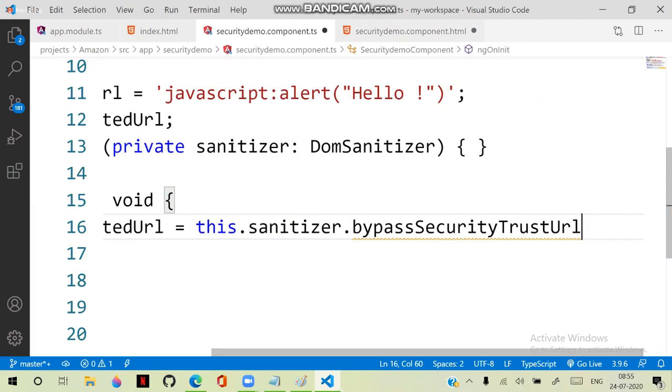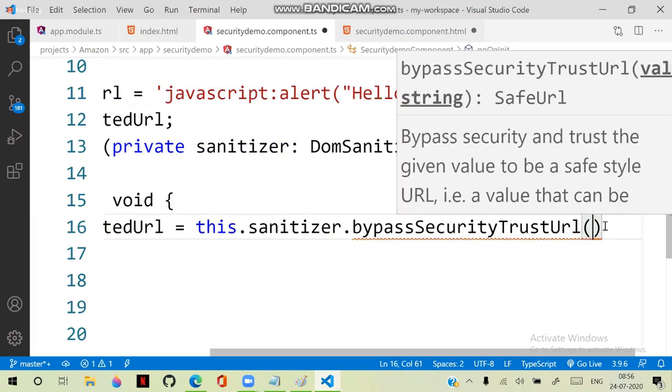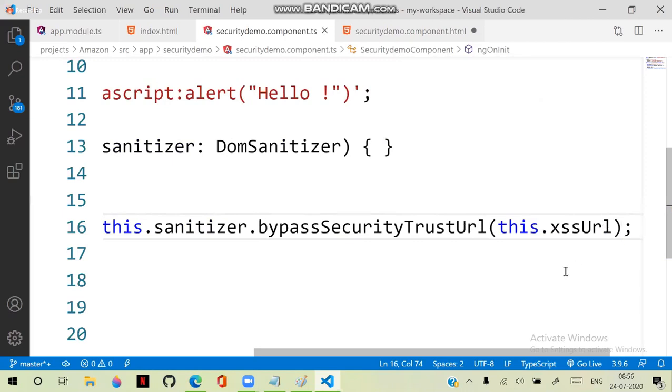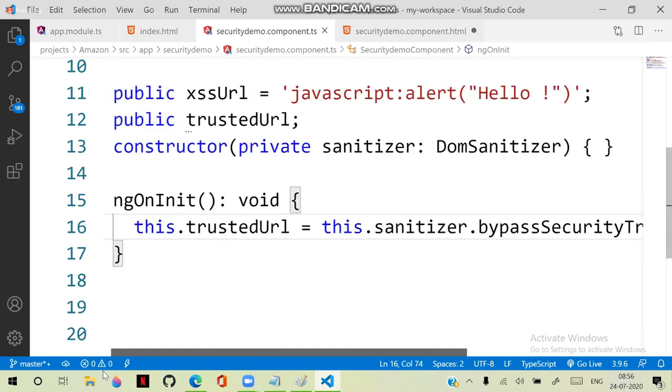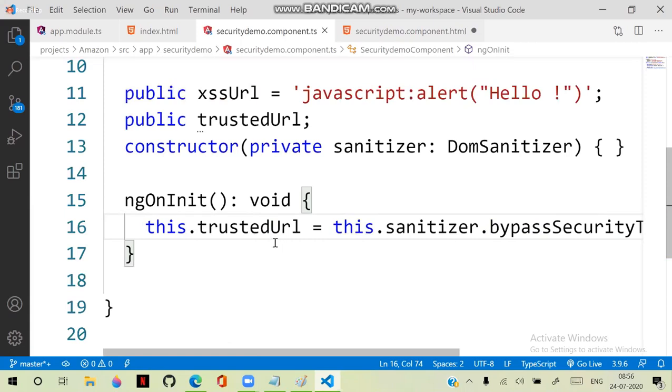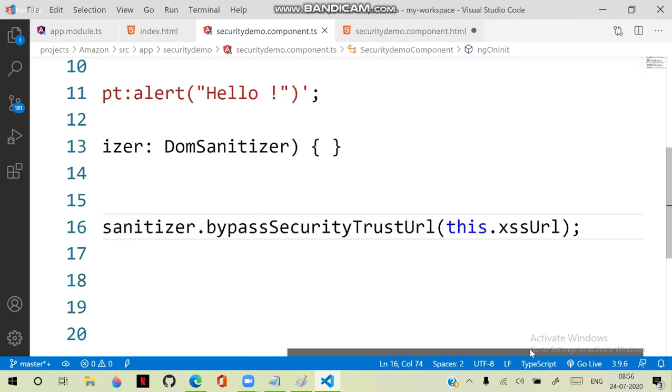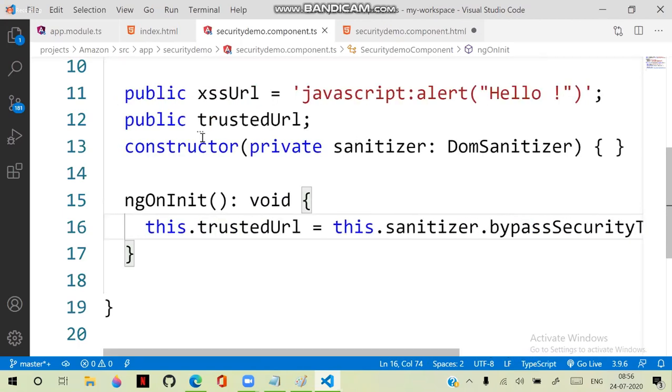This JavaScript is used in a URL; many of you know we use it in an anchor element. Here we are defining the option, this.accessURL. The trusted URL is using a sanitizer, and it is bypassing the security for that dangerous URL.